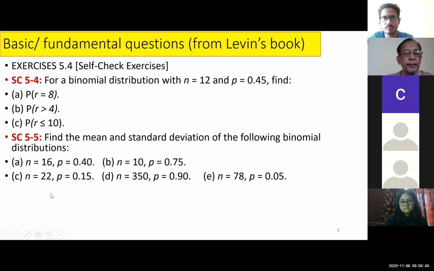The rest will also be done like this, B, C, D, E. Anybody having a problem? Dhanvi, are you there? Yes, I'm there. It's okay, sir. Clear? I was asking that. Yes, speak. No, sir, actually I had a doubt. Like mu is equal to n into p, so we'll multiply the n value into the p value, no? Yes, yes, okay, thank you.